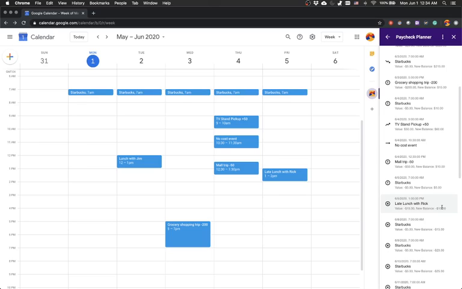This probably means that I won't be able to pay for lunch, or I'll have to ask Rick for some money to cover for me, or I'm gonna go hungry that day. We don't want to do that. You might want to think about how you maybe reshuffle the events, maybe remove some, cancel some events to better manage